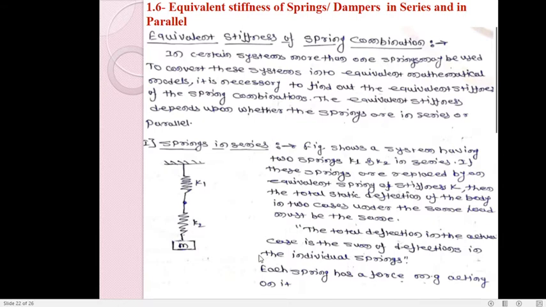As we have applied the force at M only, these two springs are suffering the same load or same force. So here we will write that each spring has a force m into g, mass into gravitational acceleration, acting on it. So m into g is the force acting on these two springs. K1, the spring 1, is suffering the force m into g, and K2 also suffers the same force, that is m into g.